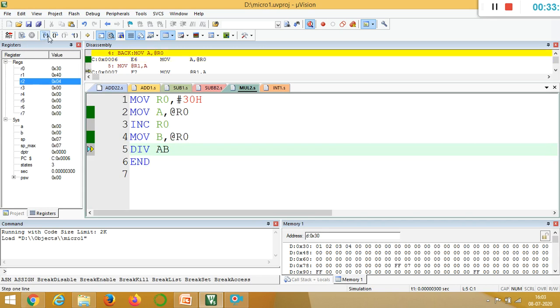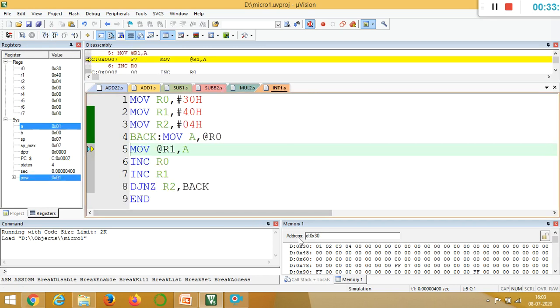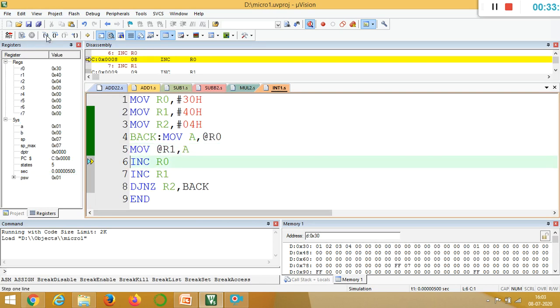Next the data which is present in 30th location is going to be moved first to accumulator, then from accumulator to 40th location. So see the cursor in the memory window. So this is 30, 31, 32, 33, 34, 35, 36, 37, 38, 39, 3A, 3B, 3C, 3D, 3E, 3F and 40.